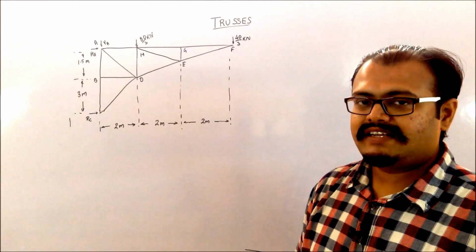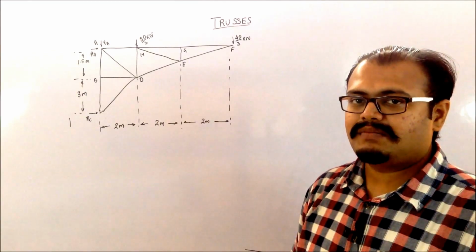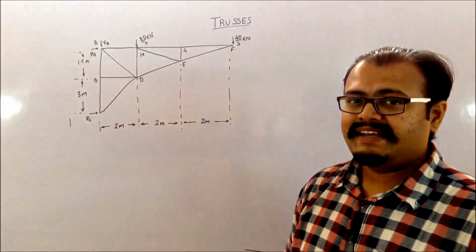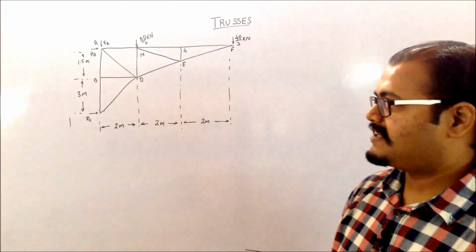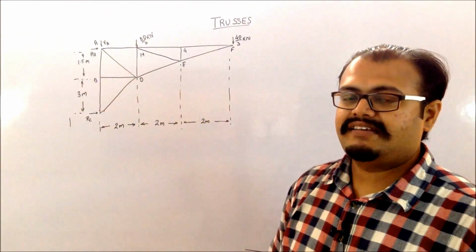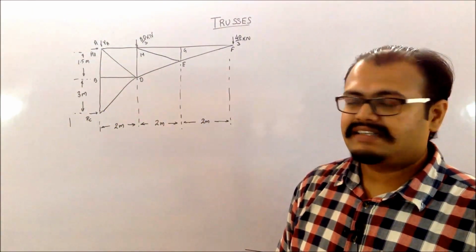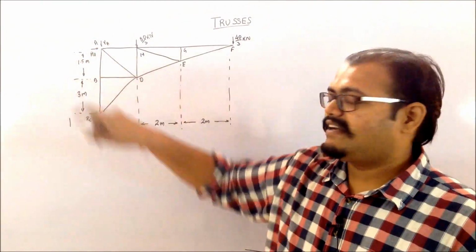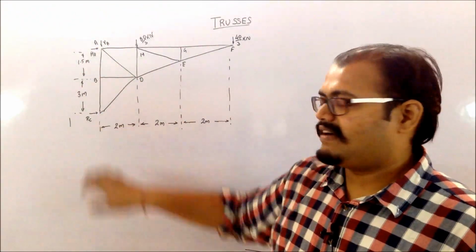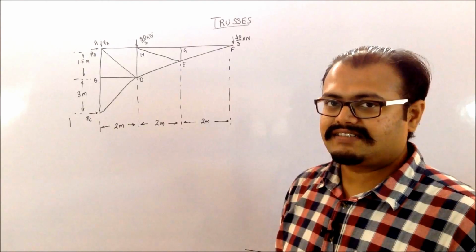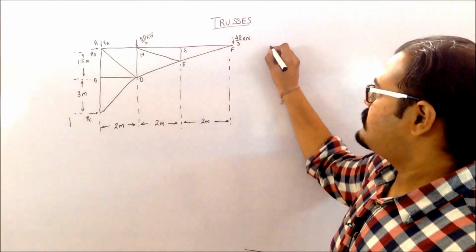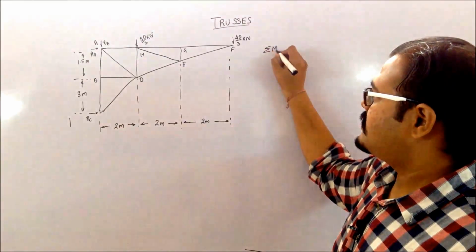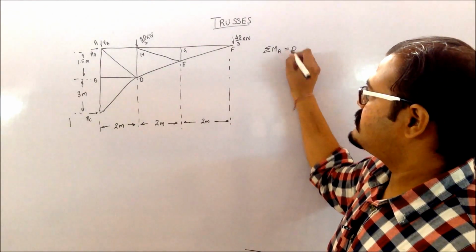The first step for reaction forces is to take moment about a certain point where you will be eliminating two unknowns. You can see that point is my point A. So you can eliminate the unknowns VA and HA, and you will have only one unknown in that equation, that is RC. So you will write summation MA equals 0.